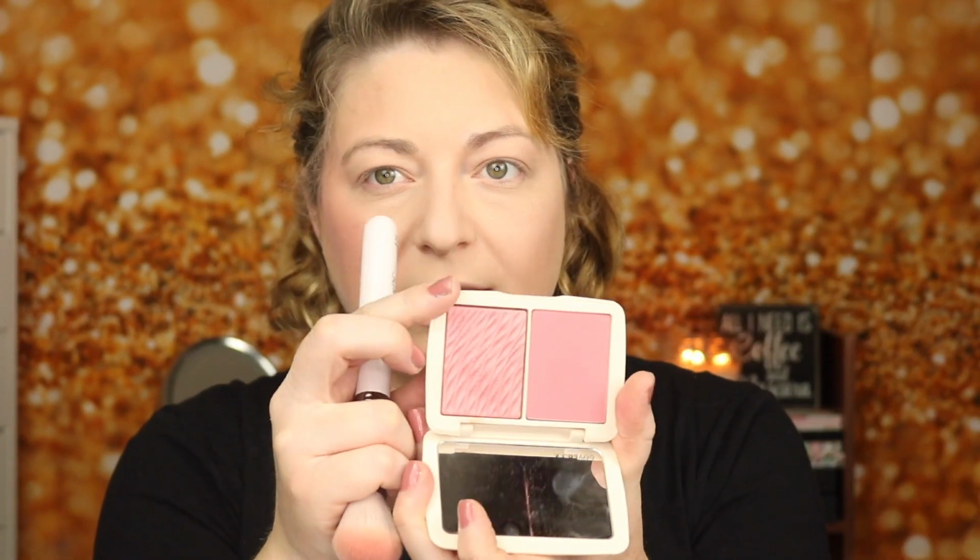I don't usually use a cream blush formula on top of my powder, so we're just going to mostly use the Cover FX one. This one was a favorite of Smokey Glow. It is a favorite of mine. I actually had it in my everyday makeup bag when I first bought this. I love the, see how pigmented that is? It's super pigmented, it blends out really easily, really flawlessly, and then it has the shimmer side,